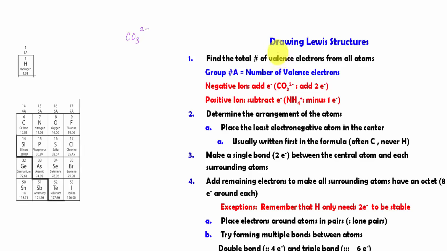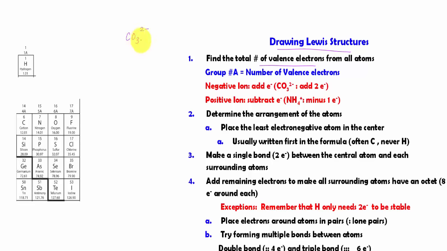In this lesson, we are going to learn how to draw a Lewis dot structure. Now, given our chemical formula, this is a carbonate with a net charge of 2-. So we have to take account of the minus charge or the positive charge. The first step is to find the total number of valence electrons from all the atoms